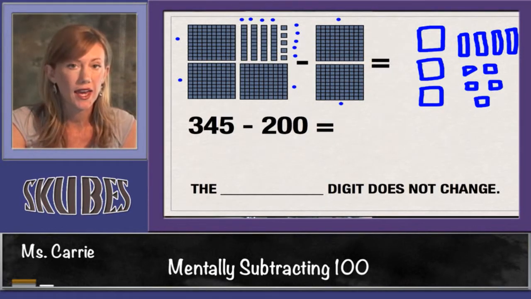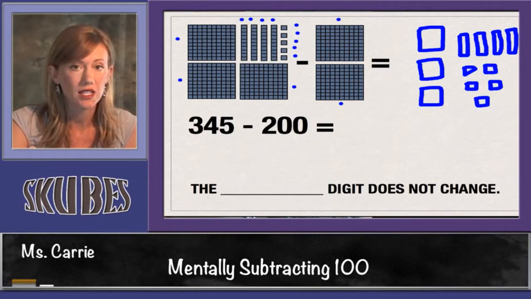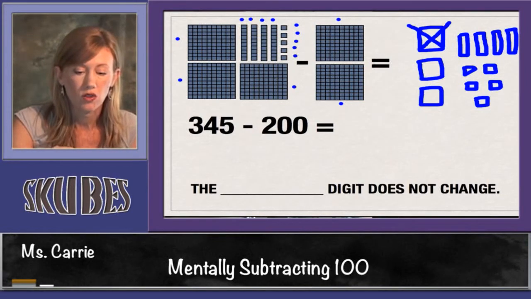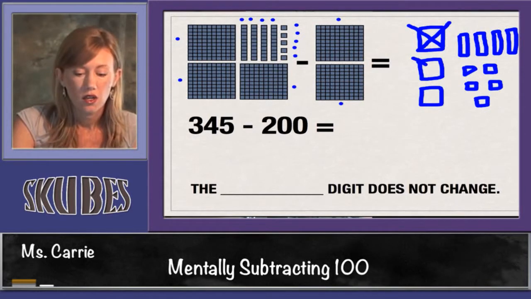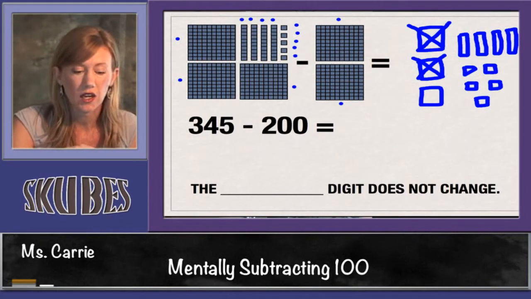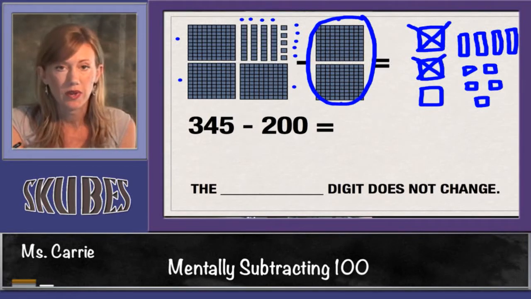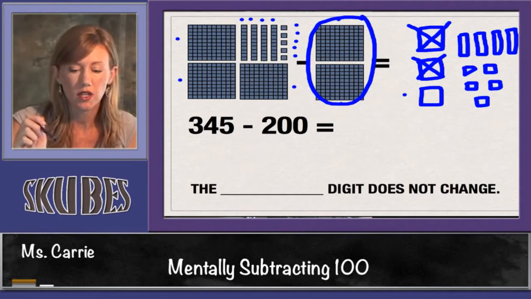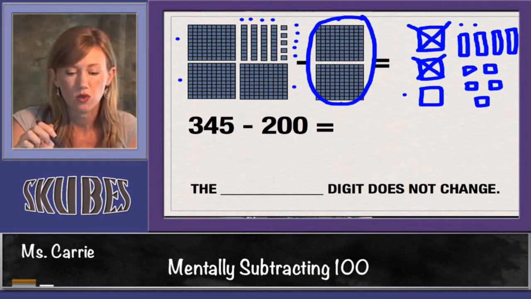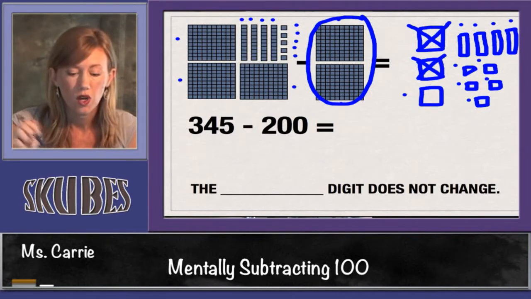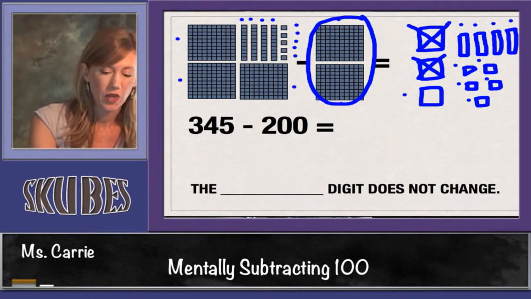Now we have to take away 2 of the hundreds. So we're going to do what we did last time, and we're going to X those out. So there's 100 gone, 200 gone, because we had to take away this amount right here. Let's add up what we have left over. We have 100, 110, 120, 130, 140, 141, 142, 143, 144, 145. Our answer is